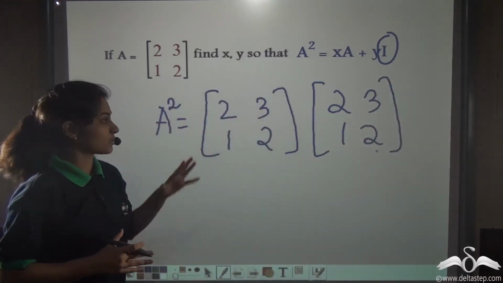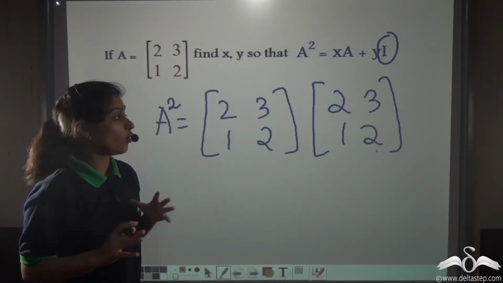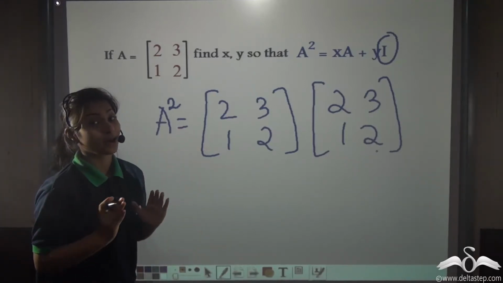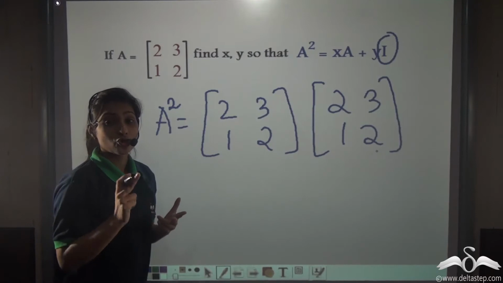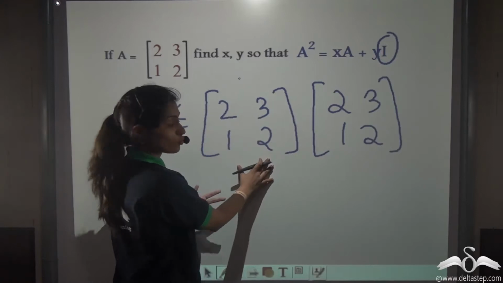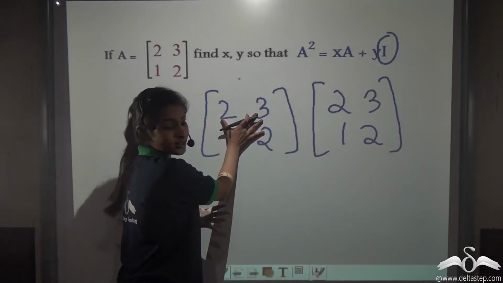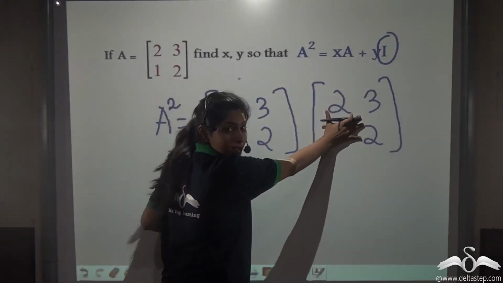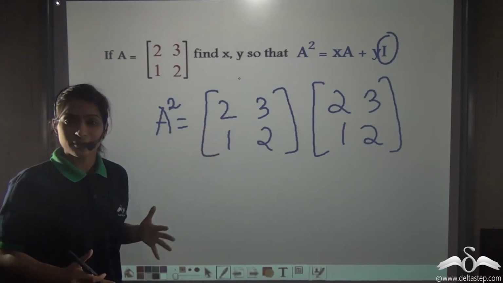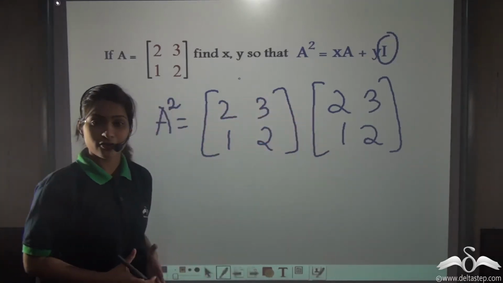Now, you are very well accustomed to multiplying matrices. Do it yourself. You may be thinking that first we have to see whether the two matrices are multiplicable or not. So do not forget to check first whether you can multiply two matrices. Here, this is of order 2 by 2 and this is also of order 2 by 2. So the number of columns of this matrix is equal to the number of rows of this matrix. m by n into n by p gives m by p, so the resultant matrix will also be of order 2 by 2. So find A squared, this matrix into this matrix.